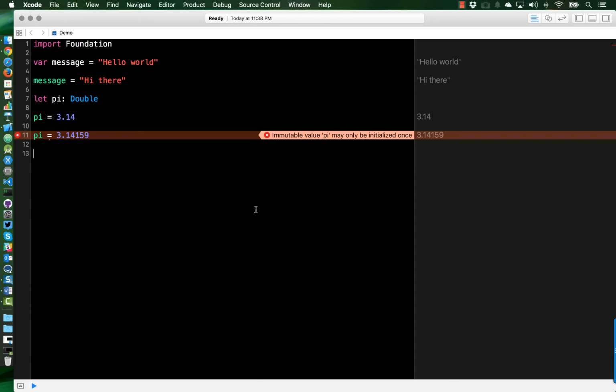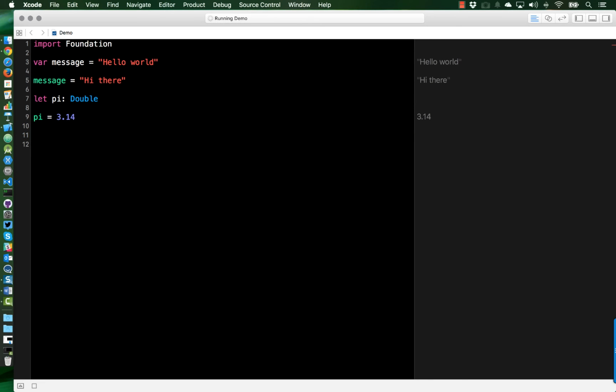Now that's almost all there is that we need to know about the basics of variables and constants, but there are a couple more details that we need to cover first. So I'm going to delete this error, and first we'll talk about how the type of a value must either be declared or inferred when that value is created. In other words, the value declaration must use either a type annotation, be initialized with a value in the same statement, or both. So if I were to say var